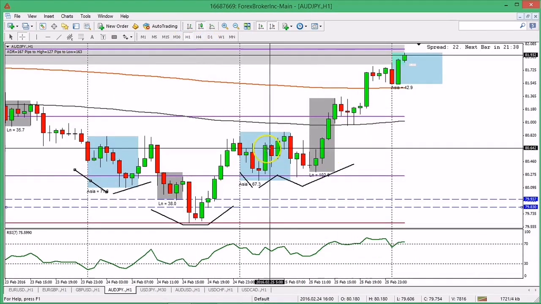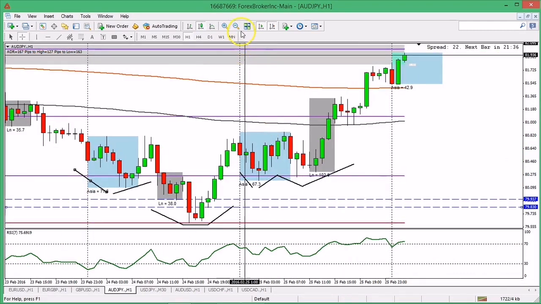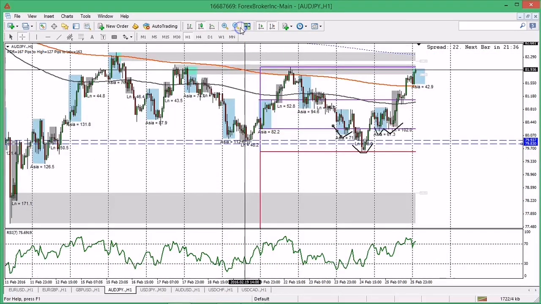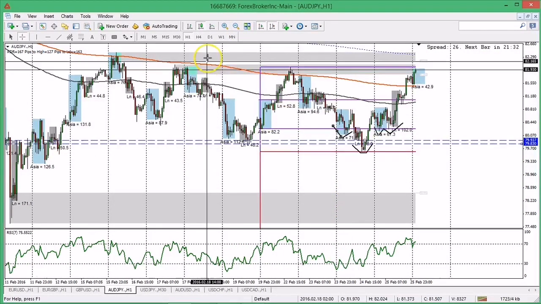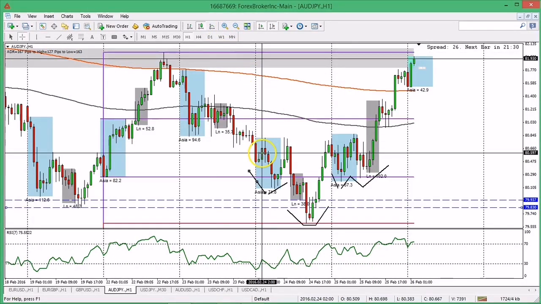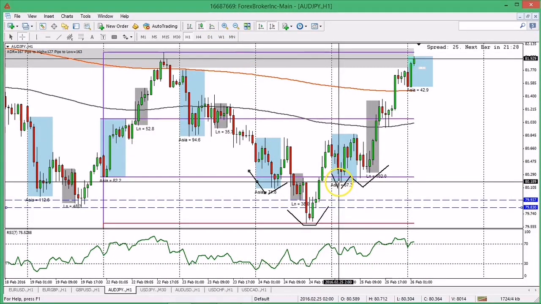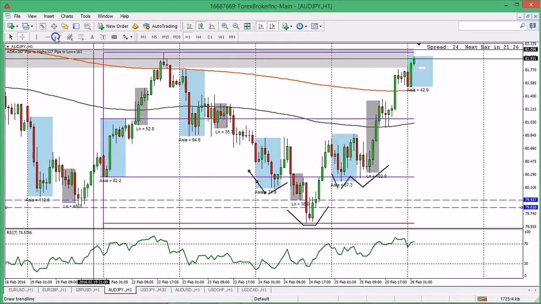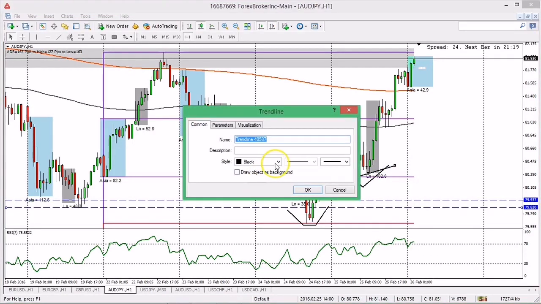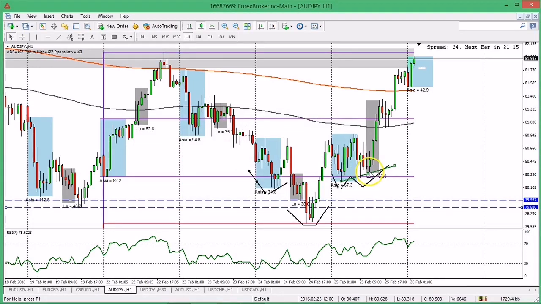1 hour chart, semi head and shoulders, right? Kind of ugly, but it's there. We got a double bottom. See any divergence? This was going, this double bottom. This was rising. It's not really divergence, but